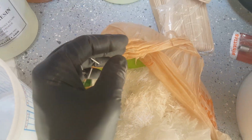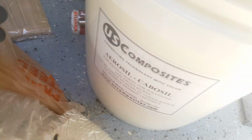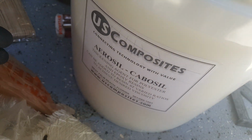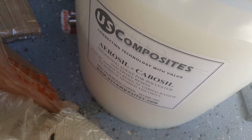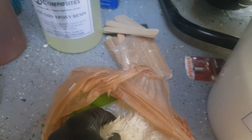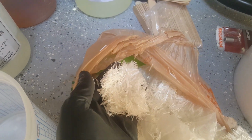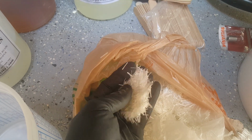And then obviously, if you just add thin epoxy and then this, it won't be very thick. It'll be kind of clumpy. So what you got to use is actually what they call Cabosil. That's what actually makes it more into like a peanut butter viscosity. So you've probably heard me say that throughout this video series a million times, is the peanut butter. It's kind of where I get that from,